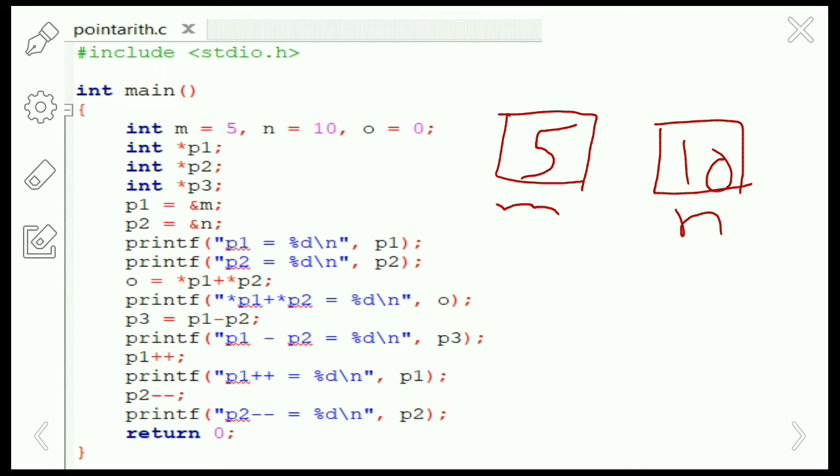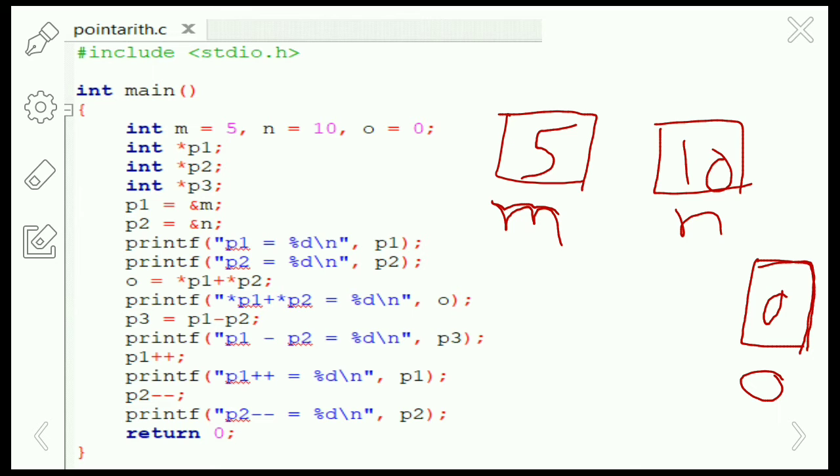And here we are first of all declaring the pointers p1, p2 and p3. We also take another variable, o, which has the value 0.